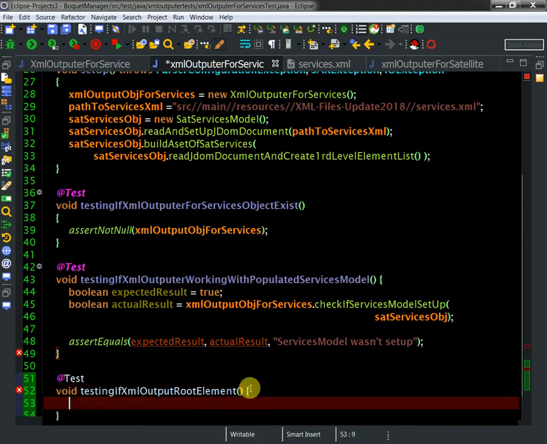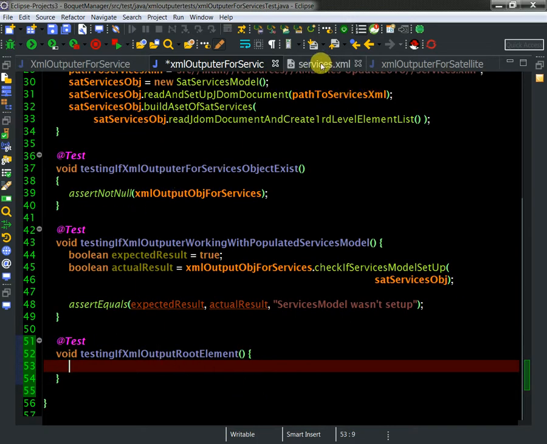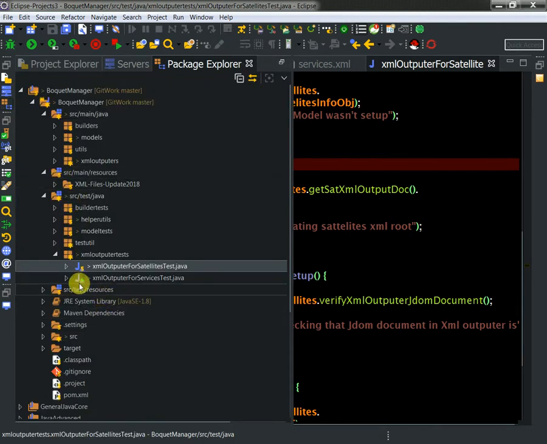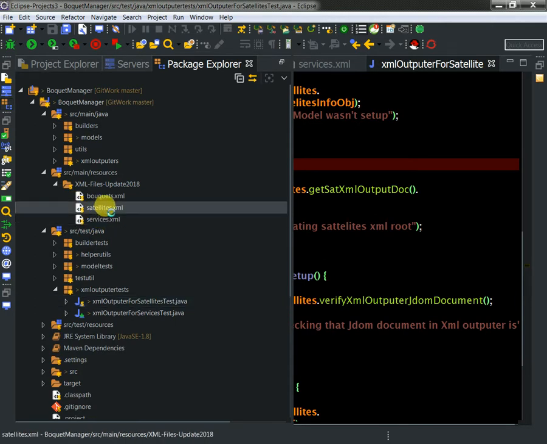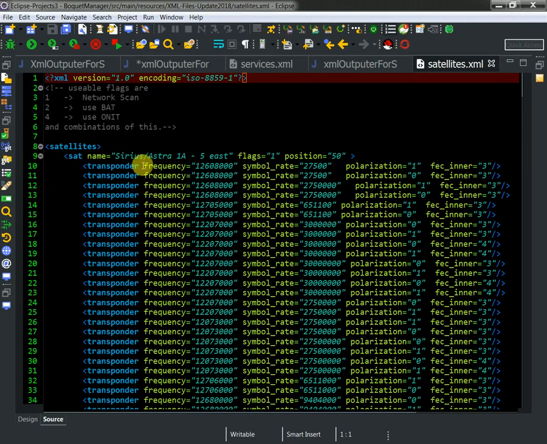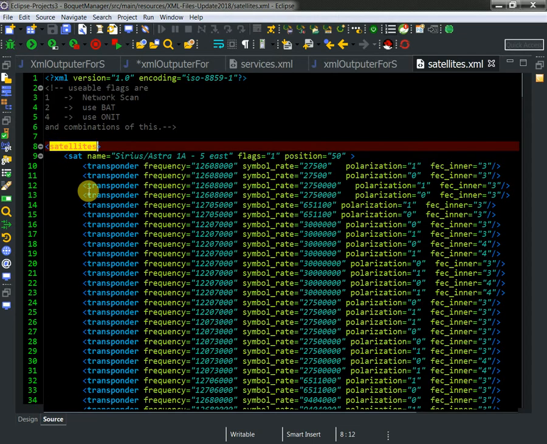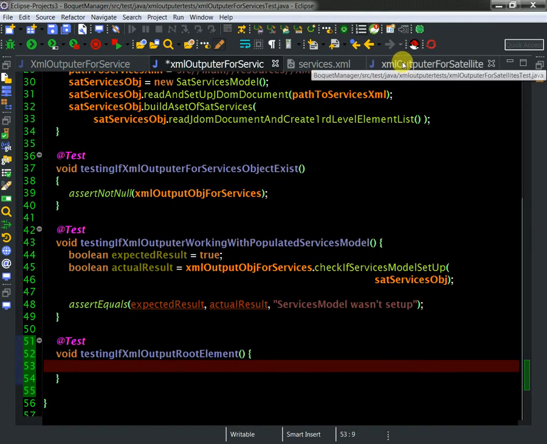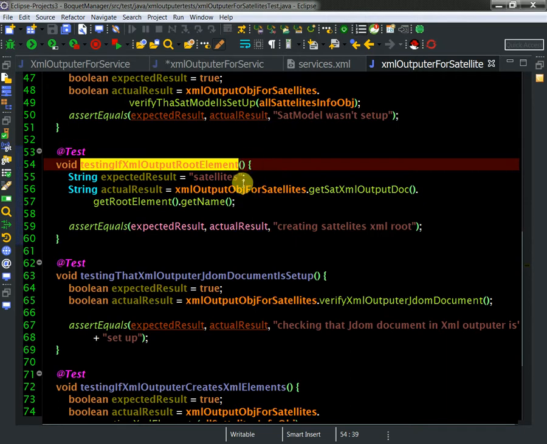Okay, and basically, because with the satellites, where is my sources? Not here. Here is my sources satellites. Here I have root satellites, but in services I have, of course, the cepit. And I need just to take it, XML output object gets